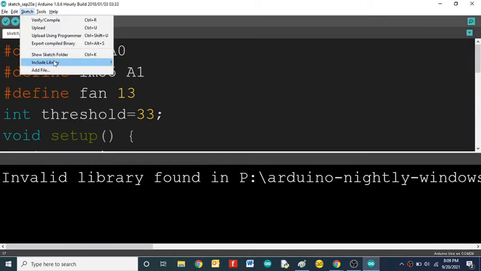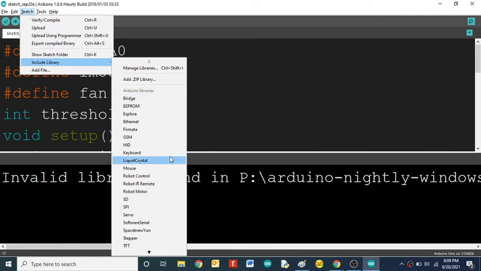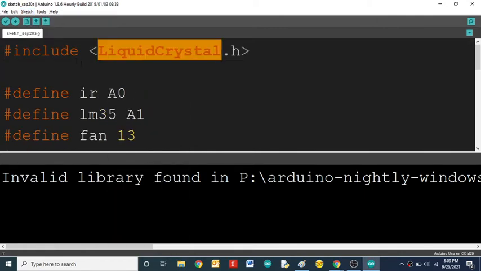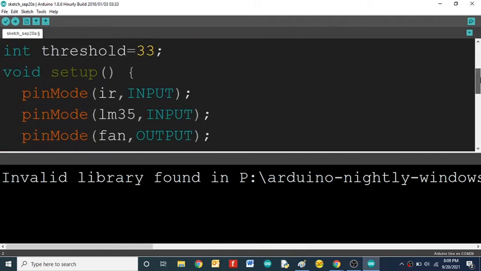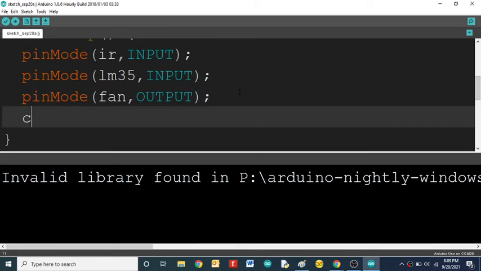Go to Sketch, include library, then include LiquidCrystal and mention the LCD pin numbers. I'll use 2, 3, 4, 5, 6, 7. Then initialize this LCD using lcd.begin 16 comma 2.